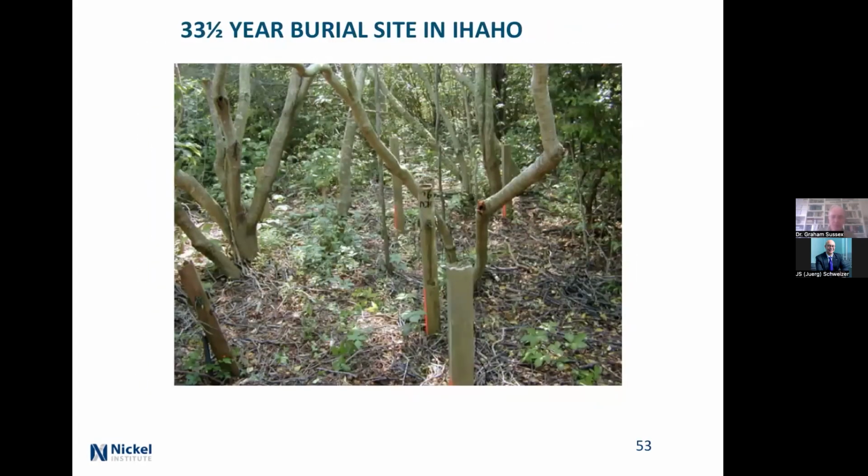And so let's assume that you're going to do some testing and you put in your pipe work and then you run out of funding to look at it. And so this is 33.5 years later. This is a burial site. There's all the coupons underneath there. And they were dug up and looked at. But the first thing is, whereabouts is it? And let's remove the trees.